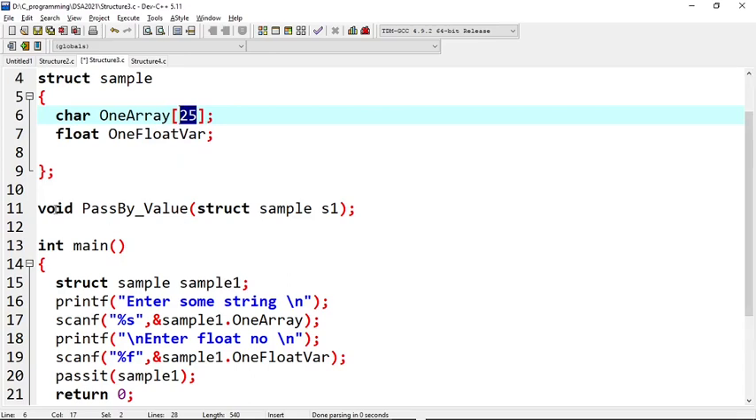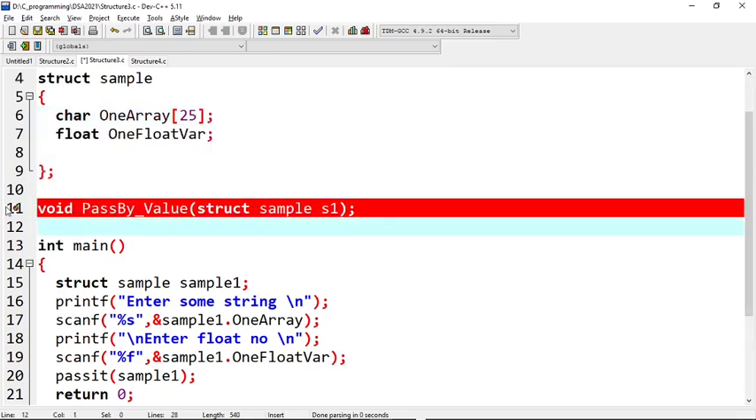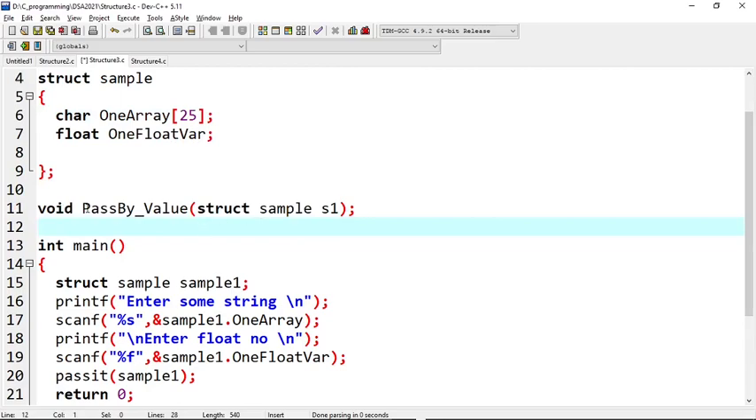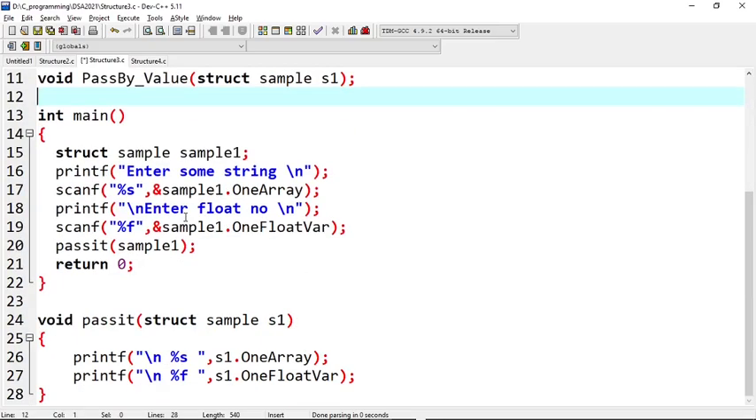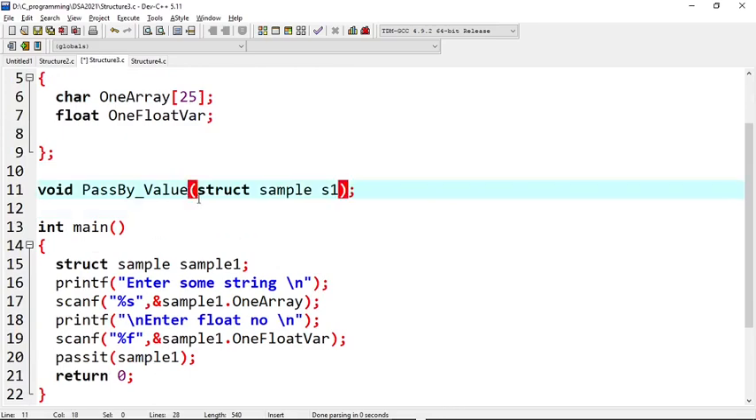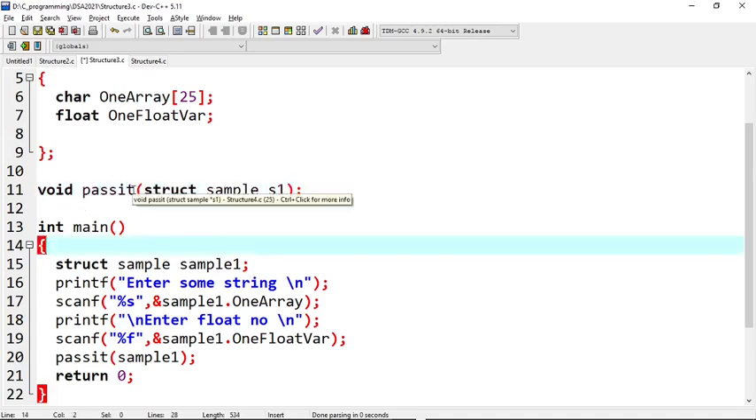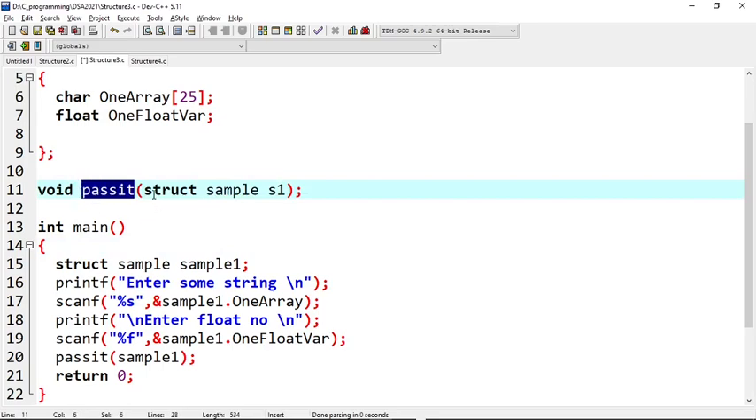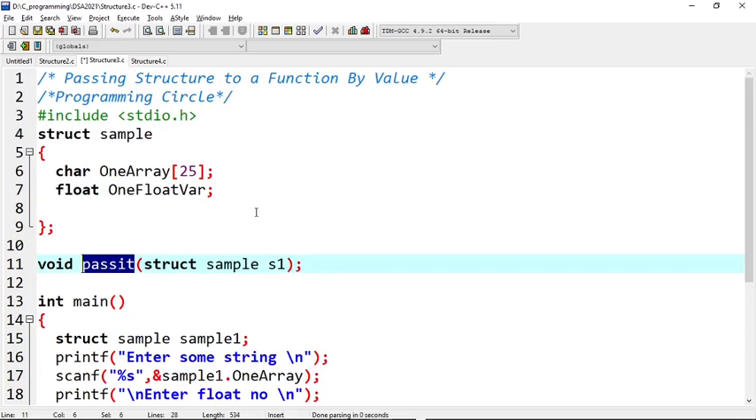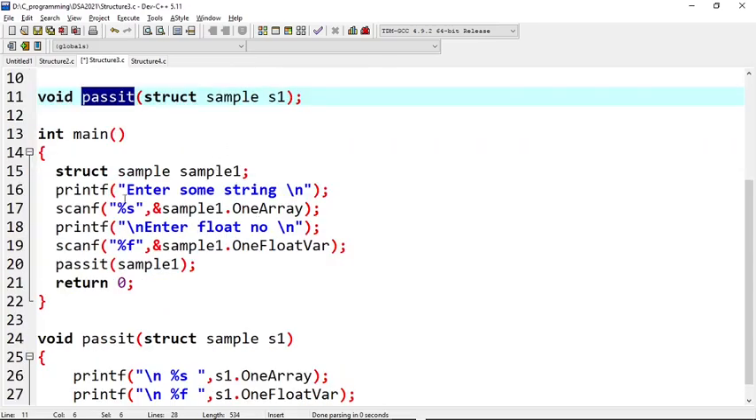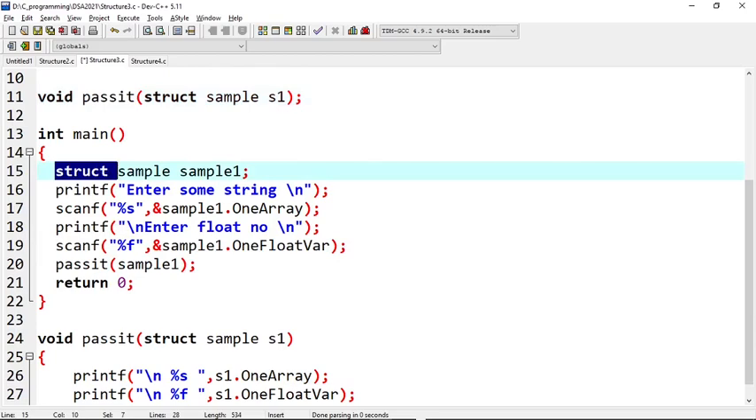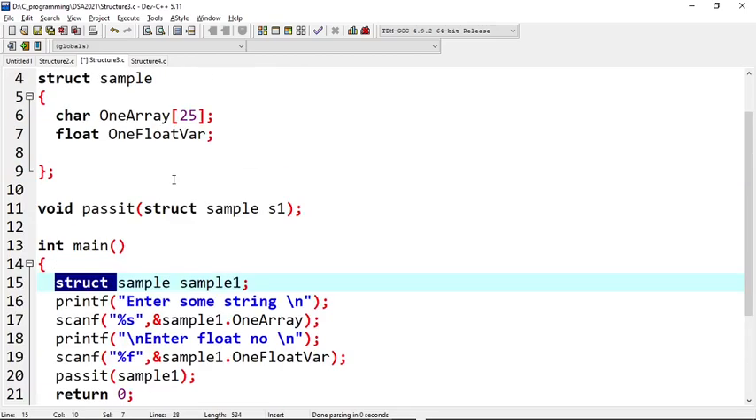Okay, and here this function declaration that I have taken is pass by value. Or you can call it, I can rate it pass it. So here I have taken a function which is called pass it. On this function as an argument I am passing the structure variable s1. Okay, so first, inside the main function I'm creating,